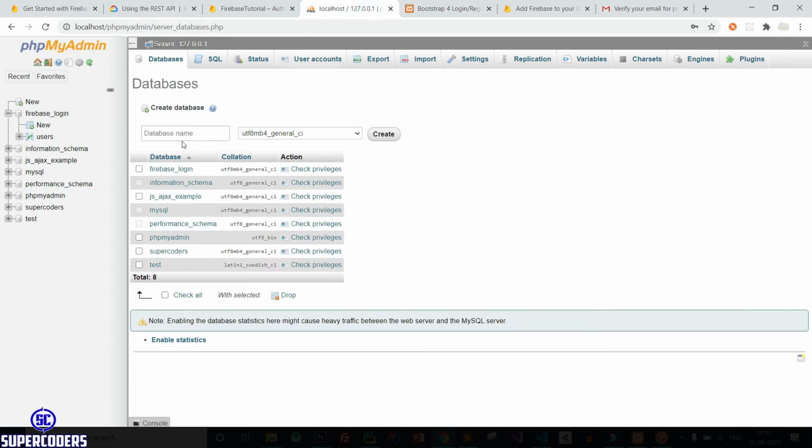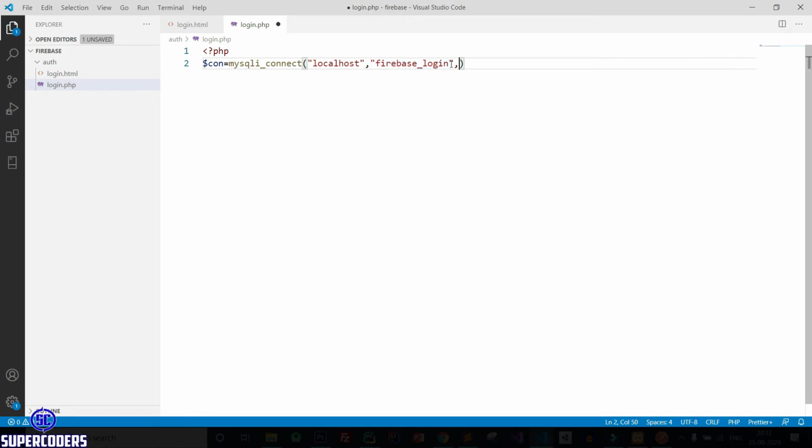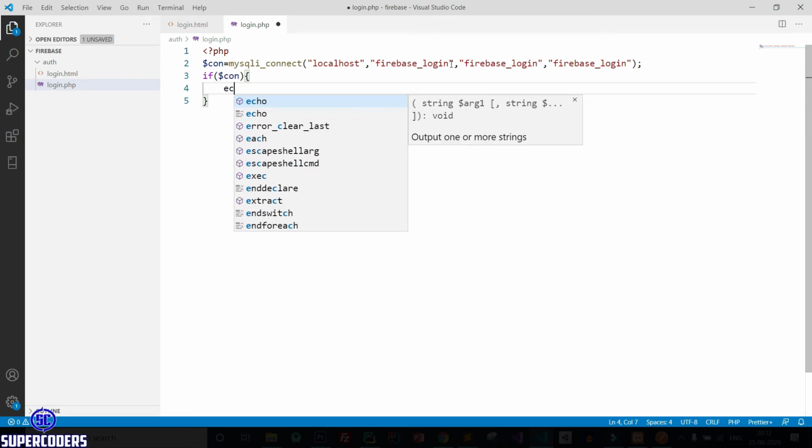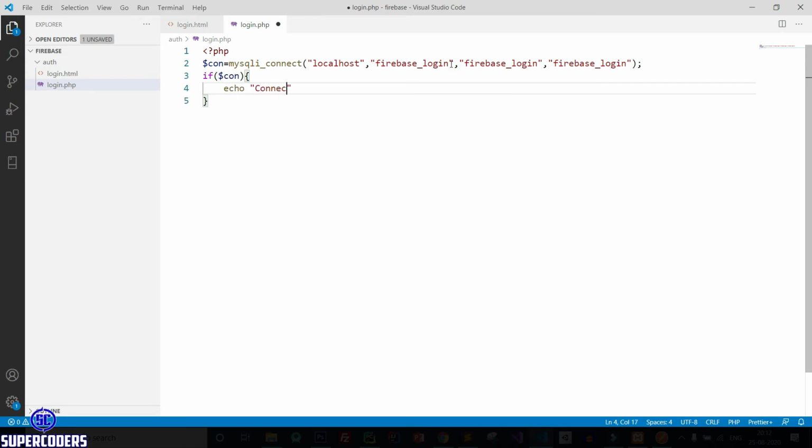The username is the Firebase login username. Copy it, paste here and paste here. Save it. After that, if $con, echo connected. Save it.